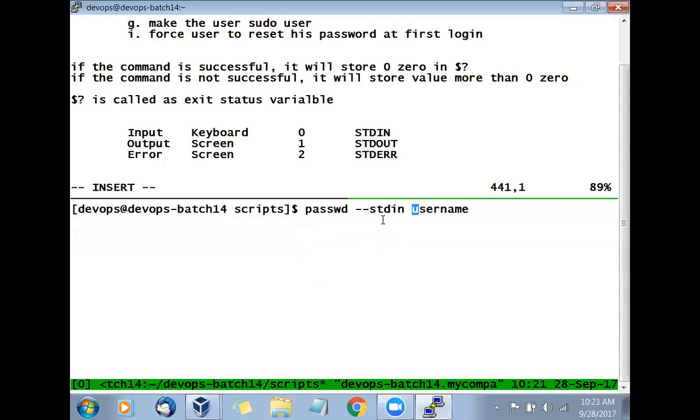When I say stdin, from where is the password expected? From the pipe. So I put the pipe here, and then I can throw the password through the pipe. Echo means throwing the password through the pipe. I say user password. Is this clear?